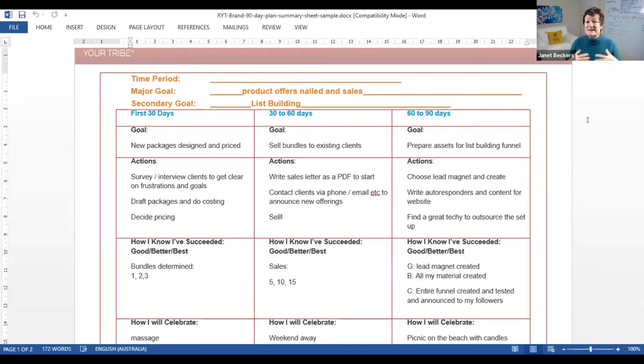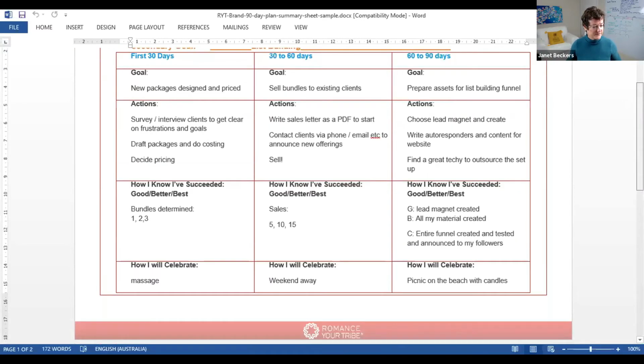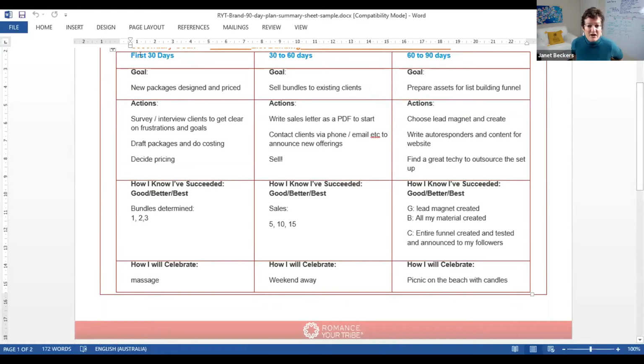Okay, so this is what we're going to be working towards in this one. I'll walk you through this and then I'll give you some examples on what to do. So if we've worked out she's going to be having new offers, selling them, and having some automation done up, that's a lot to get done in 3 months when somebody is still already working, okay?